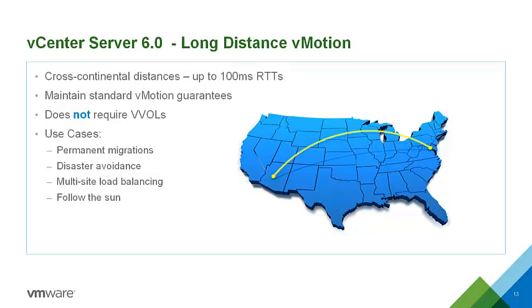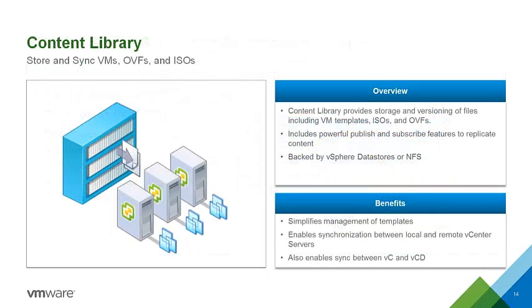And then also follow the sun scenarios, which I don't really see as often with the customers that I talk to. But if you need to have VMs in a current time zone relative to where the users are accessing them, then you could have VMs just kind of programmatically vMotion around your environment, and then also multi-site load balancing. So this is definitely one of the most talked about new capabilities of vSphere 6, the ability to vMotion, again, beyond the confines of a cluster of your vCenter environment, across different networks as well as across large